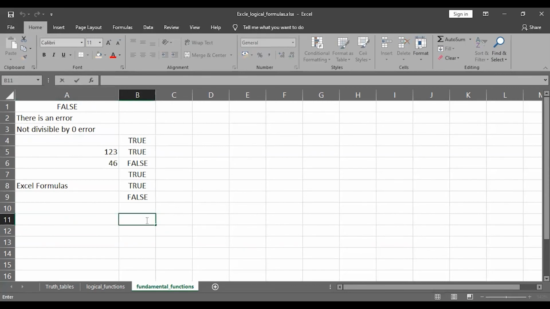So if I do ISNA, to check whether a value is #N/A, it returns TRUE or FALSE. So if I do this, it's going to return you FALSE. Okay.